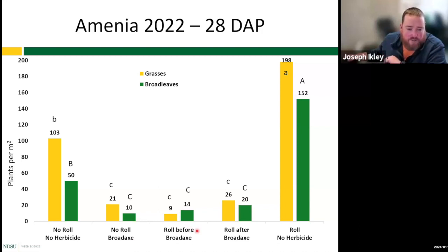The middle set of columns, that's where we planted, then we rolled, and then we applied our herbicide. And the last remaining one is where we planted, then we applied our herbicide, and then we rolled. So we want to see if there's any influence on the sequence of making that roll-in application and making our herbicide application. And so I'll stay on the middle part of the screen as I go through the data on